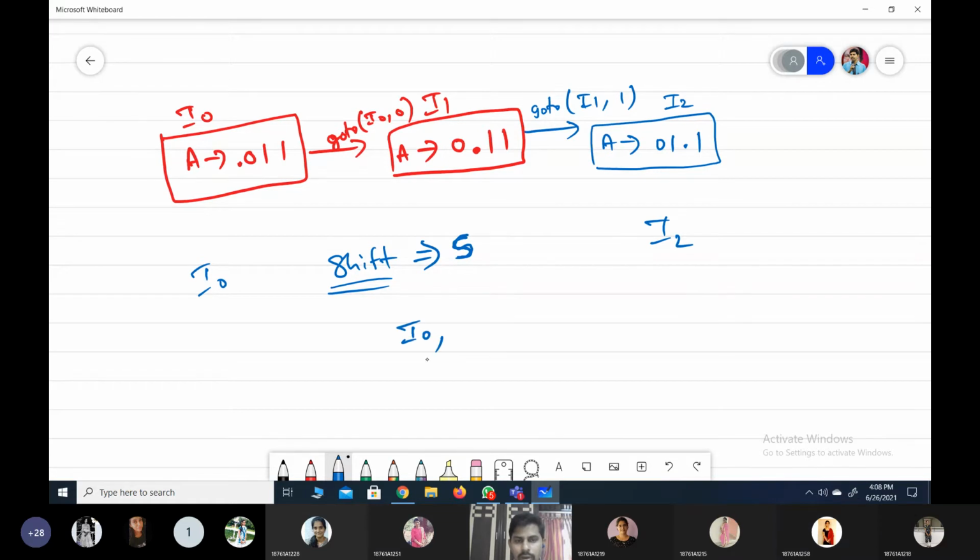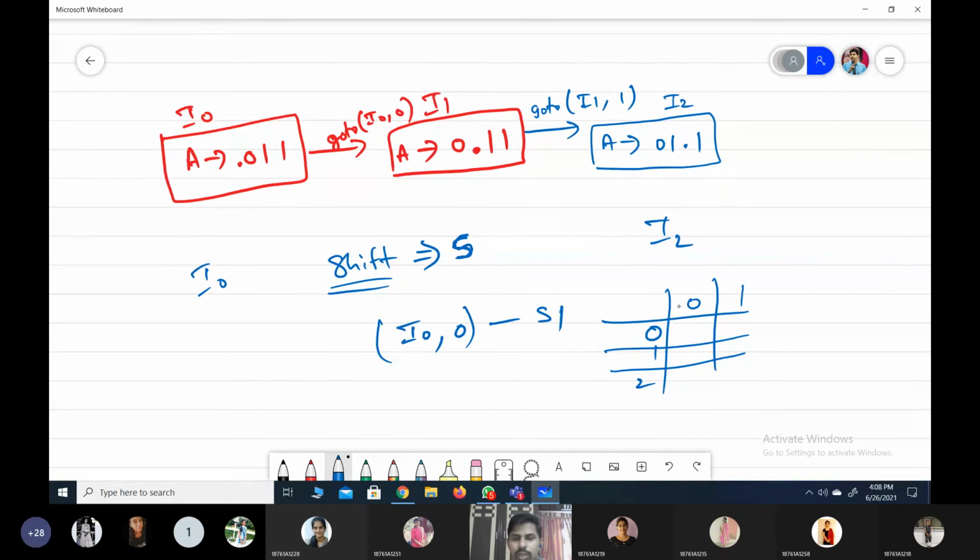Writing that I0 on 0 is applied, that is nothing but S1. The 0th row, 0th state, 0th input alphabet: 0 is an alphabet, 0 is a state, 1 is another state, 2 is another state. The alphabets are also 0 and 1. On 0, if we consider shift 1, I1 on 1 applied, then we are moving to state I2, S2. On state I2, if 1 is applied, then we are moving to I3, that is nothing but S3. Like that, shift numbers you have to write: S1, S2, S3.